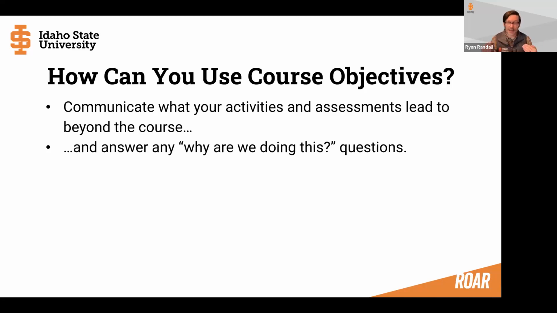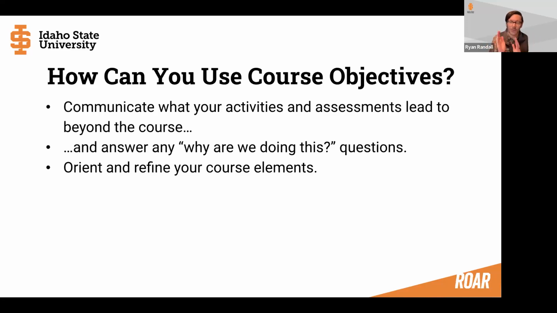Or if it's a gen ed course, you can say this information literacy activity prepares you to do other things that involve the use of information subsequent to this course. And also, as you're refining, whenever you feel like you want to improve some of your course elements, one thing you can do is think about how you might be able to orient that activity or that assessment to multiple